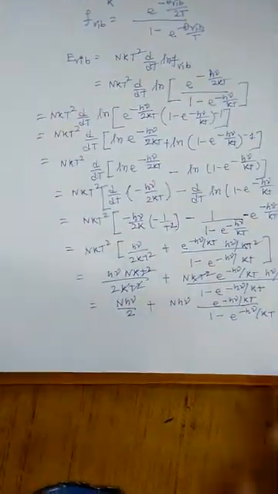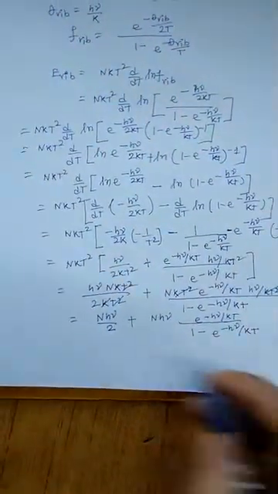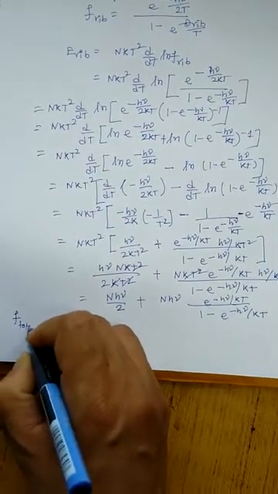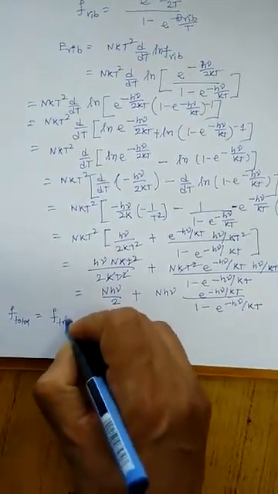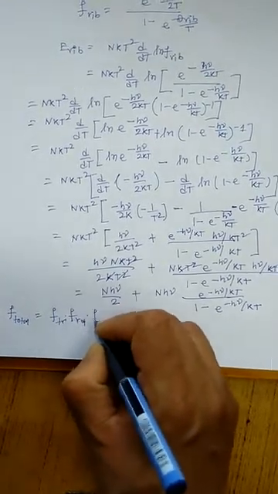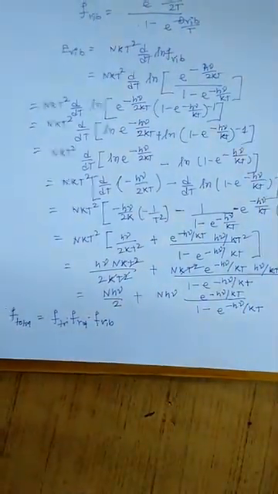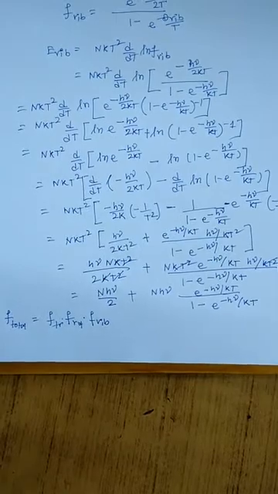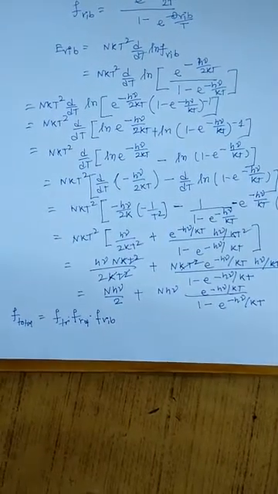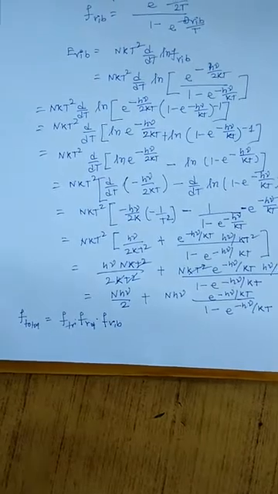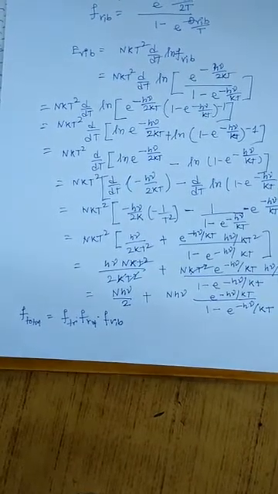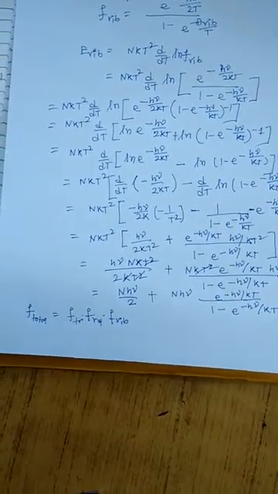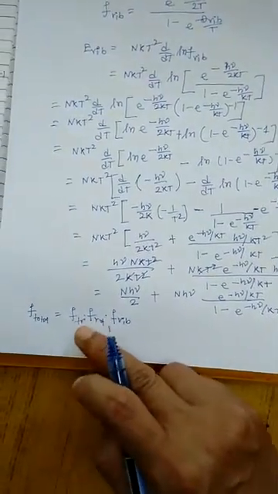So once we get all the partition functions, meaning translation, rotational, vibrational, we can now write the total partition function, that is f total, equal to f translation multiplied by f rotational multiplied by f vibrational. Till now we have not done the electronic partition function, because for most molecules, once you excite the molecule electronically, its electronic configuration becomes deformed, meaning changed. So in most of the books and the journals also, they discard this function in the total partition function. So we can also do that later. Okay, for the time being, just assume that f total equals f translation, f rotational, f vibrational.